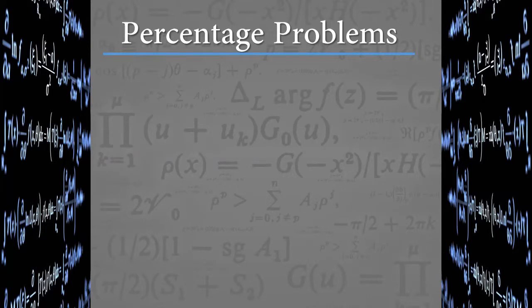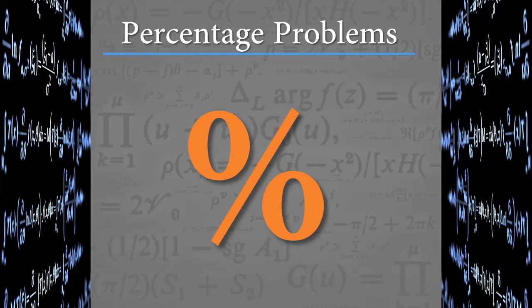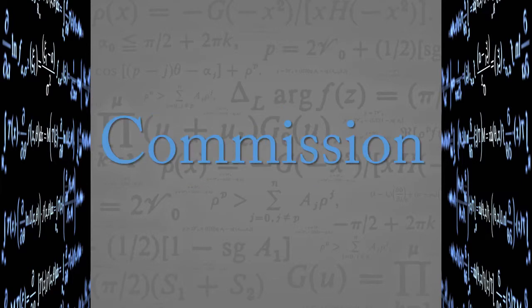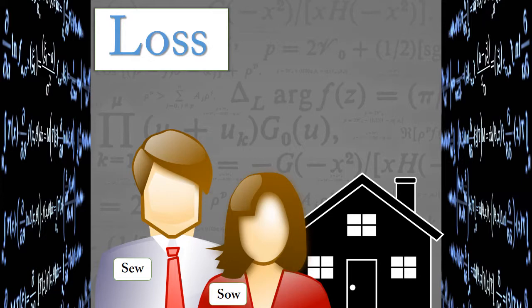The last category of math that you're going to see quite often will be what I would call a percentage problem. And it comes in various forms. You could have a loss, you could have a gain, but a real common one is commission. Okay, so if you're having a loss, they'll say that so-and-so sold a property for $80,000, which represented a loss